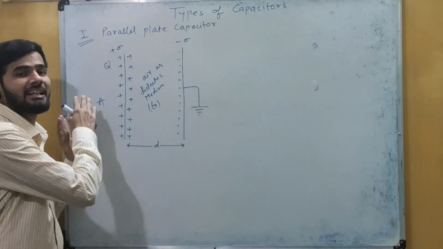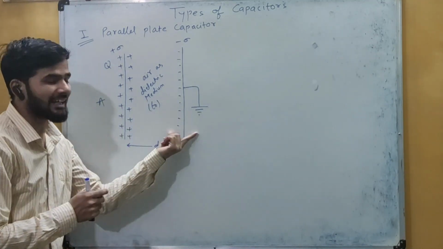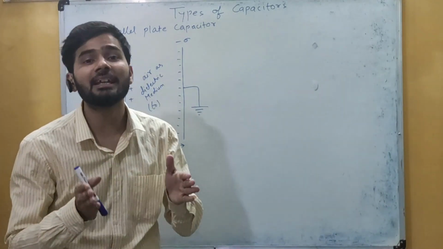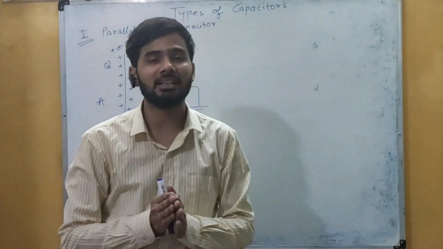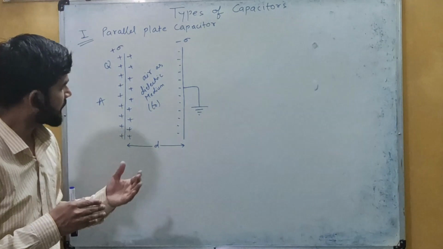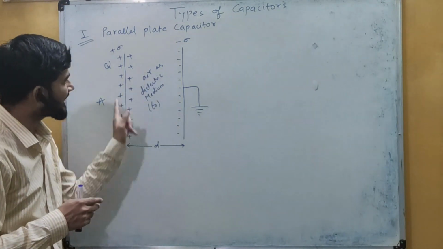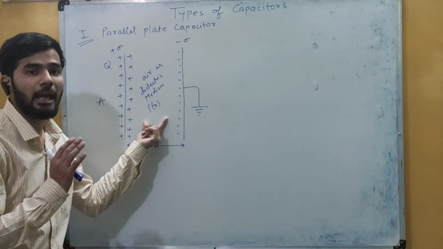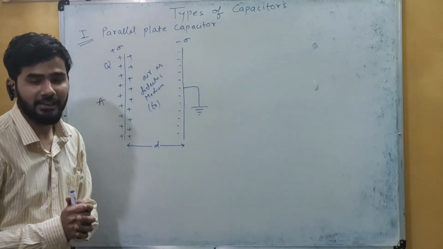One is insulated so that we can give more and more amount of charge, and second we are grounding it. Why? Because we have seen that if we are bringing another uncharged earth to the conductor, then more charge can be stored in the capacitor. Okay, now here we have the system and we are considering the air as a dielectric medium, so we will have the permittivity epsilon naught between the two plates.